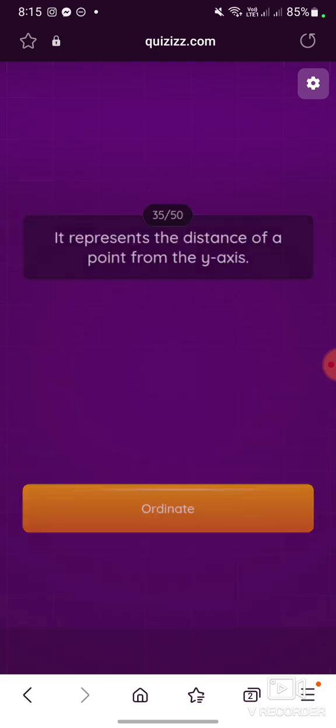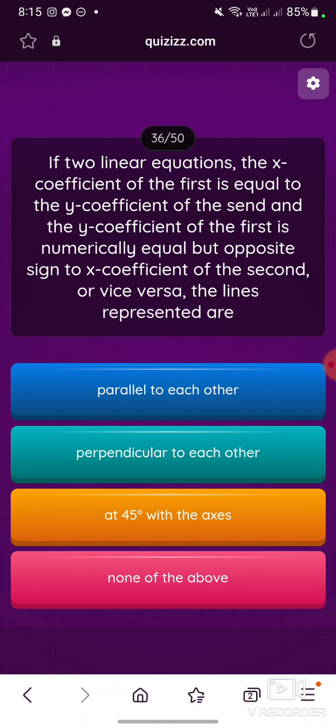If in two linear equations the x coefficient of the first is equal to the y coefficient of the second, and the y coefficient of the first is numerically equal but of opposite sign to the x coefficient of the second, or vice versa, the lines represented are